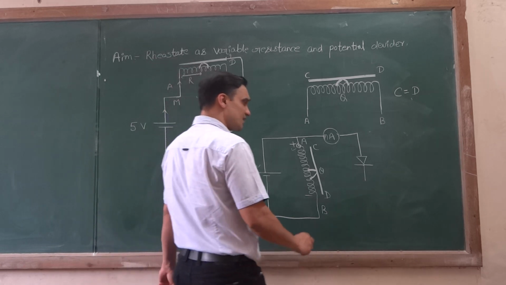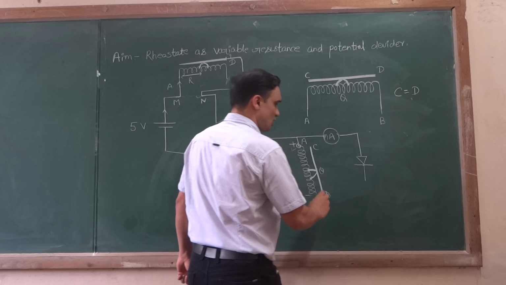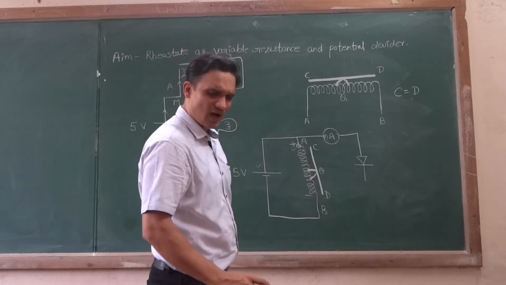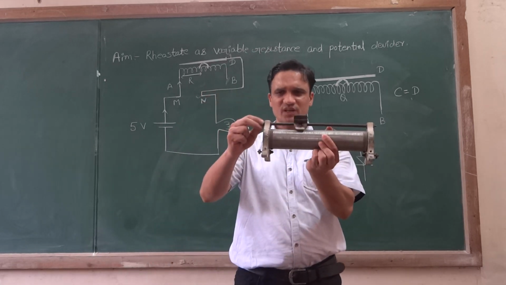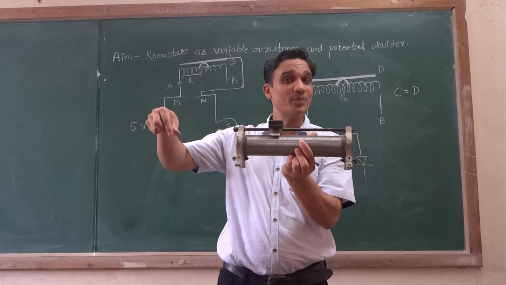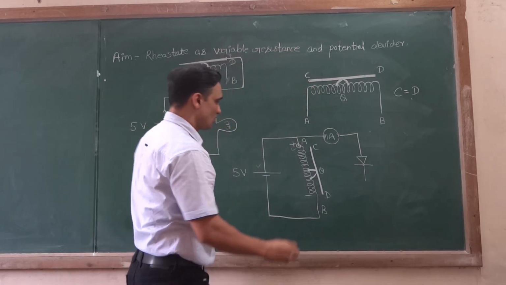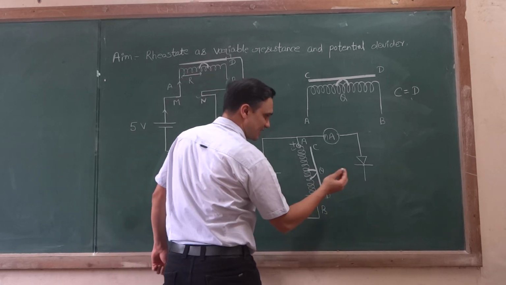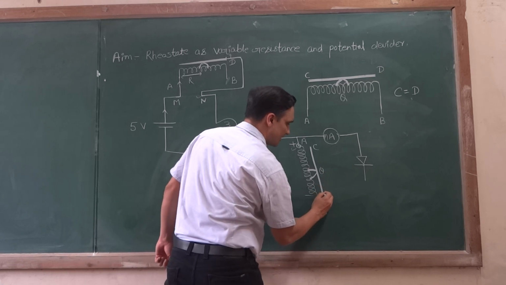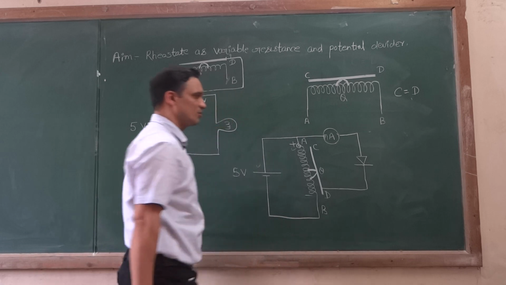Another end of the diode should be connected through the point C or D, because both points are the same. So you can take either this end of the rheostat or this end of the rheostat which is connected with the copper rod. Now you have to use the copper rod over here. Let me take the D point, because C and D are both the same. Any point you can connect to the negative terminal of the diode.